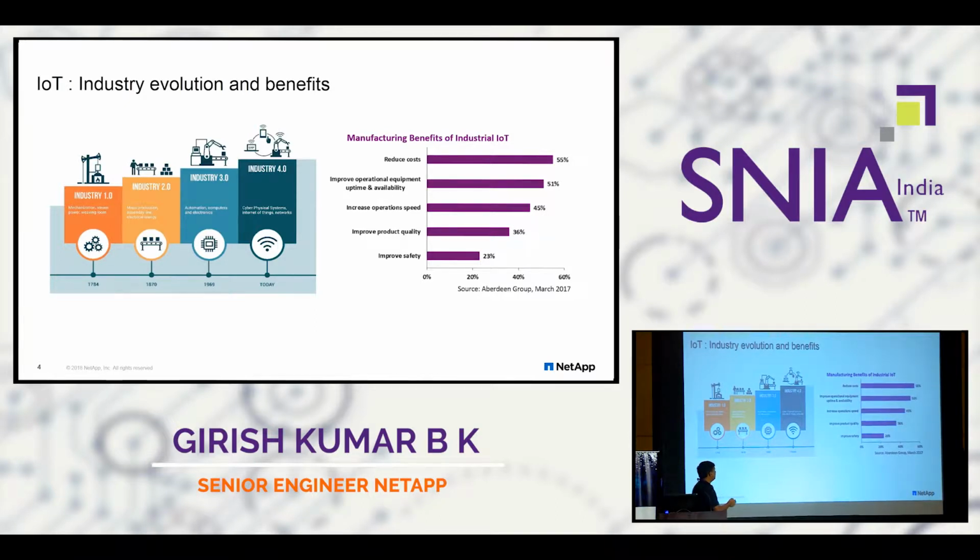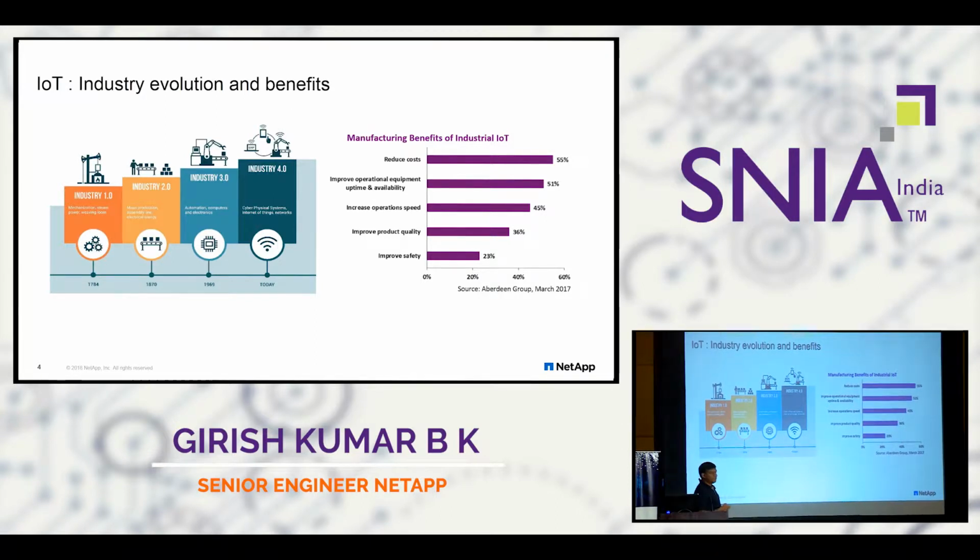And reduced cost. How does it reduce cost? Because you are avoiding the failures before they occur. There is no downtime as such, right? You are avoiding the downtimes. And then improve the operational equipment uptime and availability. That's what I mean. You know that this is going to fail after some time, and upfront you go and replace those devices and then keep the operational flow availability at a higher rate.